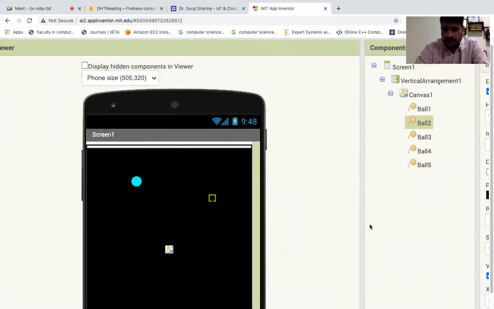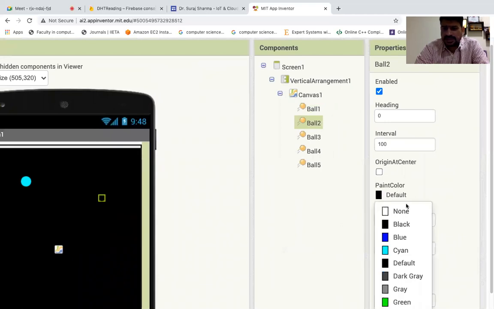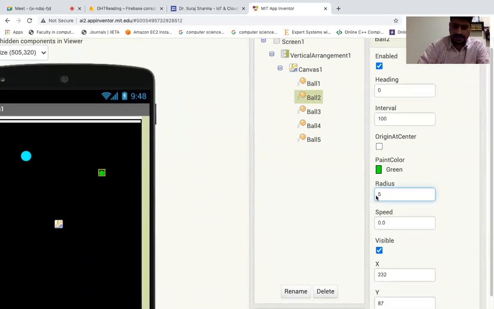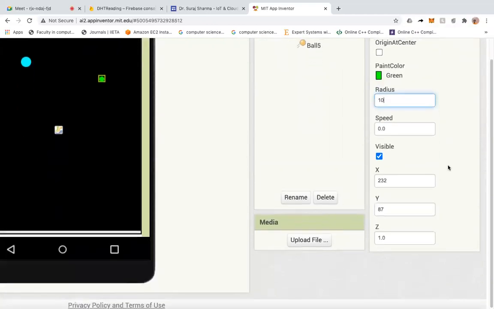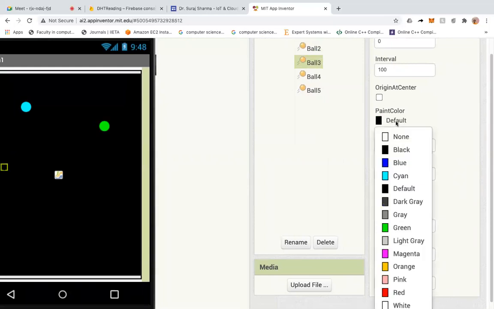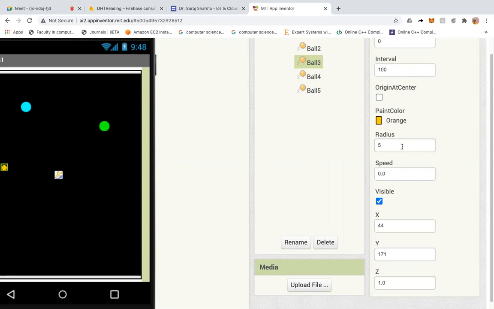Now go to ball 2 and change the color to some other light color. Increase the radius, and that's all. Then go to ball 3, change the color and radius to 10.